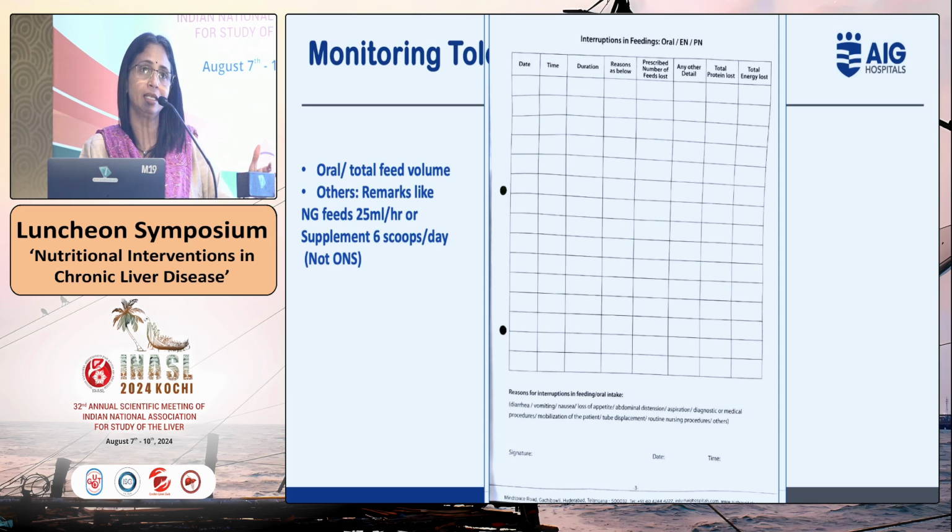Additional to that is the second level, where we talk about the interruptions and the reasons for interruptions. Is it vomiting? Is it the patient having diarrhea? Is it an absorption issue? These things tell us, has the patient been put on NBM for certain diagnostic procedures? Every day you need to fill this to know that you've recommended or advised a 1,000